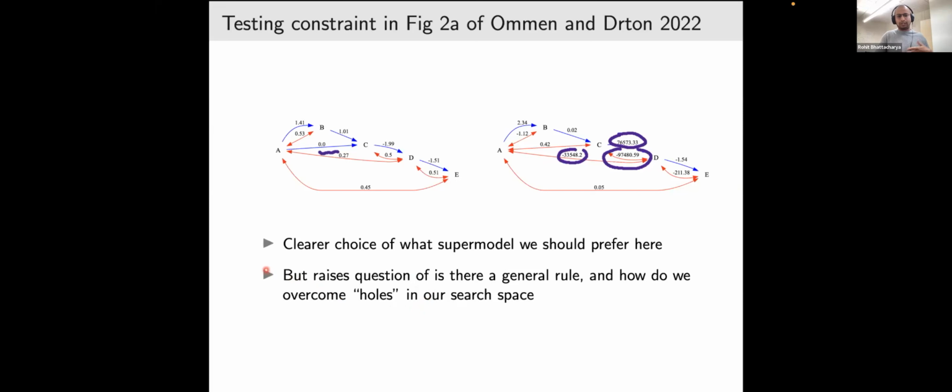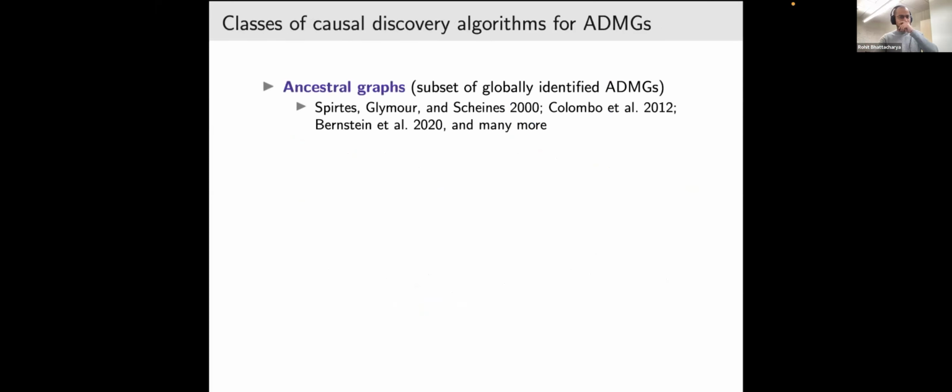So if you think about applying this as a subroutine in a causal discovery algorithm, when you start to think about deleting edges or adding edges, you need to be really careful that when you add an edge, you're not moving to some non-identified model. But because you have these holes in your search space, you have to worry about, well, are you exploring all possible models in some reasonable manner? So just some forward-looking thoughts,